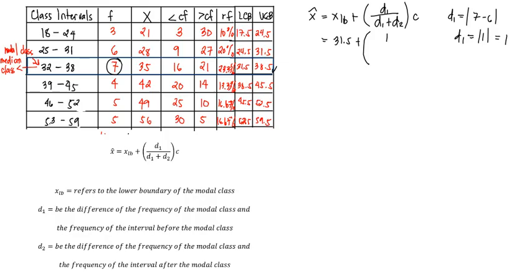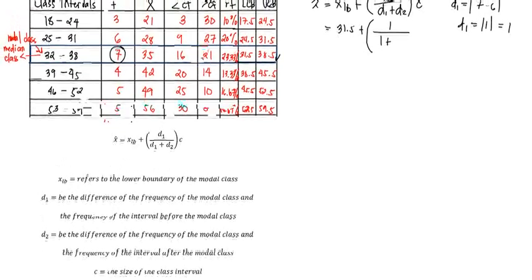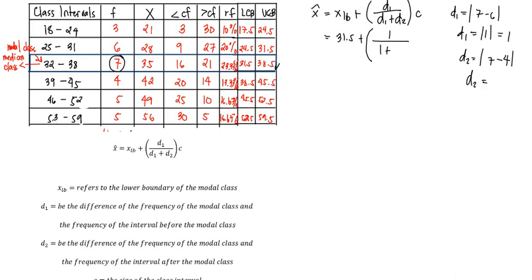So that is 1, and then 1 plus another difference, in terms of the frequency after the modal class, which is 4. So d sub 2 is the absolute value of 7 minus 4, which is 3. So that is 1 divided by 1 plus 3, times 7. This is going to be 31.5 plus 1 divided by 4, times 7, which gives 31.5